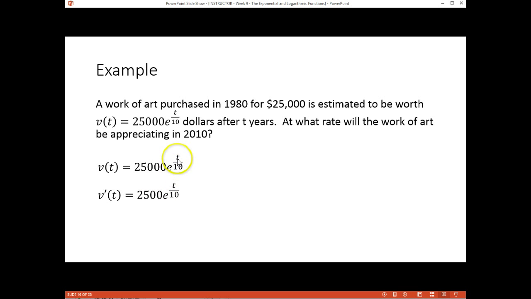When you have a simple function like this, one of the easiest ways, instead of taking two steps, is to just take the derivative of this exponent and multiply it by what is out front, which is really what we're doing because we're going to take the derivative and then bring that out front. So we're just doing it in one step. So now I have the derivative of our value function.